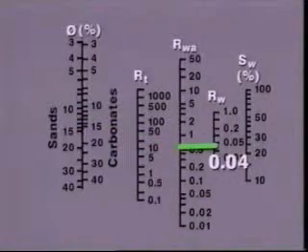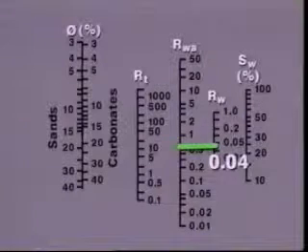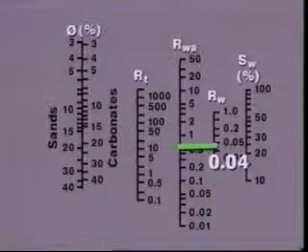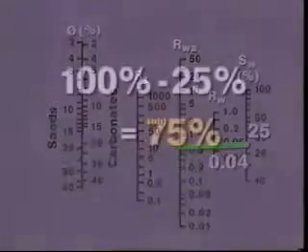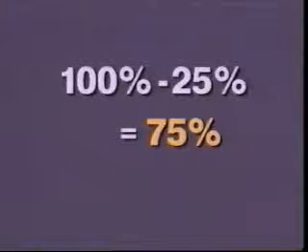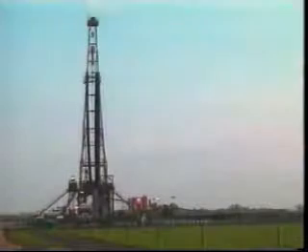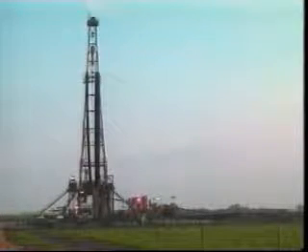From this point, we run a straight line through the R sub W scale at 0.04 ohms. This was the formation water resistivity obtained from a sample in a nearby well. Our line now intersects the water saturation scale at 25%. Subtracting this value from 100% gives a value of 75% for the hydrocarbon saturation, thus indicating a productive formation. The well, in fact, was completed in this formation, producing several hundred barrels per day of water-free oil, thus confirming